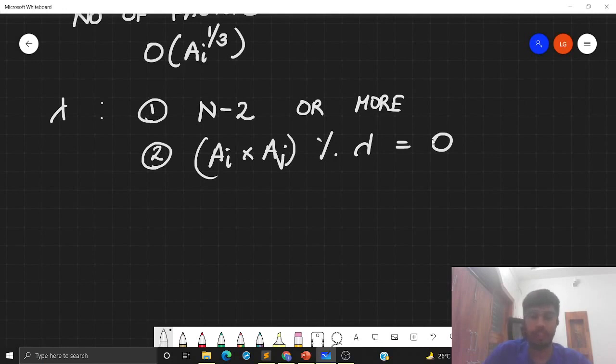So can I quickly check this condition? How much time will I take to check this condition? I can iterate over my array and keep a count of the number of elements such that ai mod lambda is 0. So I can keep a running count of this value for the values of i for which this condition is holding.